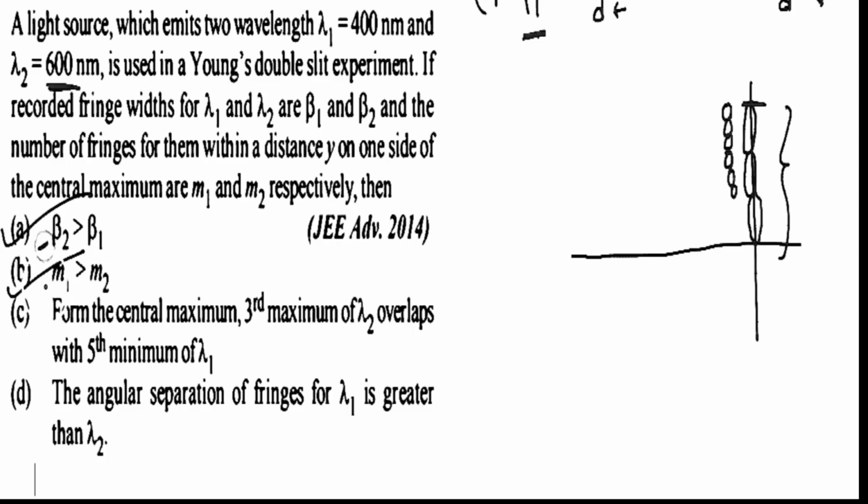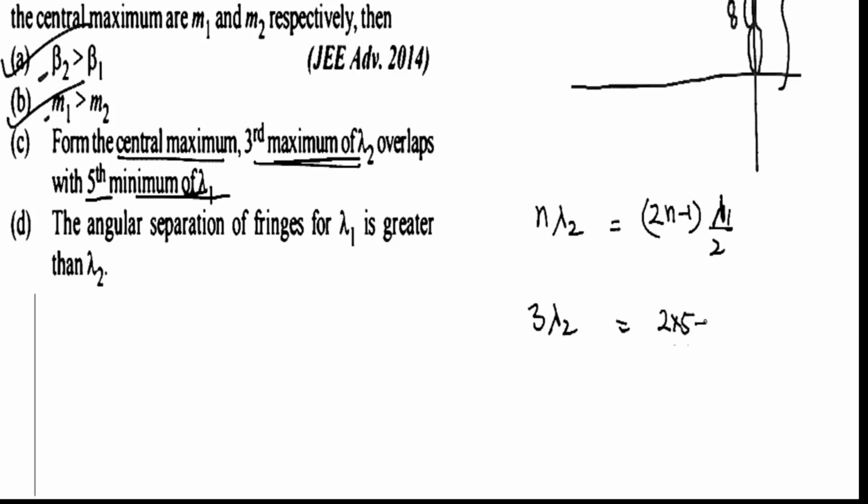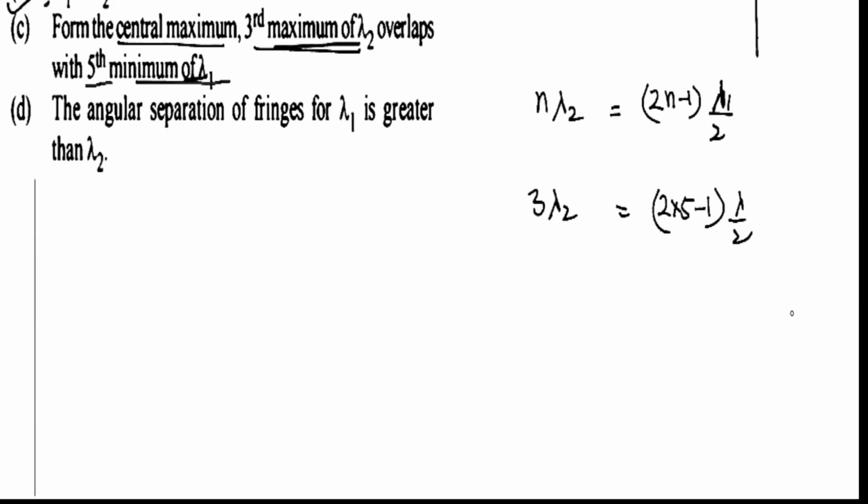ऑप्शन में क्या है, बीटा 2 बड़ा है तो M1 बड़ा होगा। अब बोला गया है कि फ्रॉम द सेंट्रल मैक्सिमम थर्ड मैक्सिमम ऑफ लैम्डा 2 ओवरलैप्स विद फिफ्थ मैक्सिमम ऑफ लैम्डा 1, ठीक है, ओवरलैप करेगा तो हम बोलेंगे कि n लैम्डा 2 जो होगा वो किसके बराबर होगा, 2n-1 लैम्डा 1 बाई 2 के, क्योंकि लैम्डा 1 की फिफ्थ मिनिमम यही होगी, इसी पे आएगी, ठीक है, और जो सेंट्रल मैक्सिमा से थर्ड मैक्सिमम होगी लैम्डा 2 की वो n लैम्डा 2 पे होगी। तो 3 लैम्डा 2 जो होगा वो किसके बराबर होगा, हो जाएगा 2n, यानी कि फिफ्थ लिखा है ना, 2 इंटू 5-1 इंटू लैम्डा 1 बाई 2, ठीक है, तो यहाँ से लिख सकता हूँ मैं 3 लैम्डा 2 इज इक्वल्स टू 9 लैम्डा 1 बाई 2।